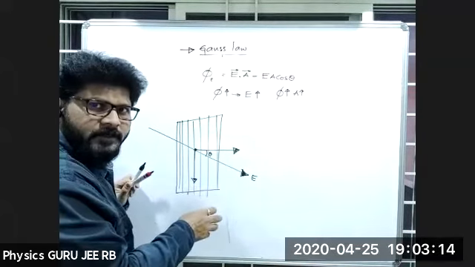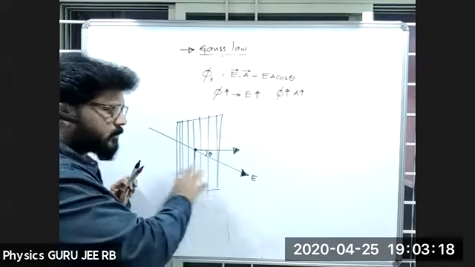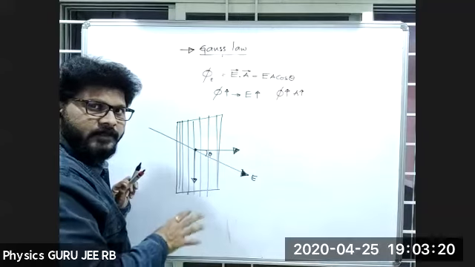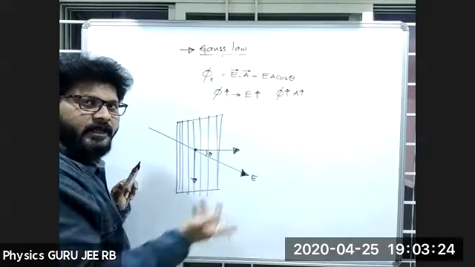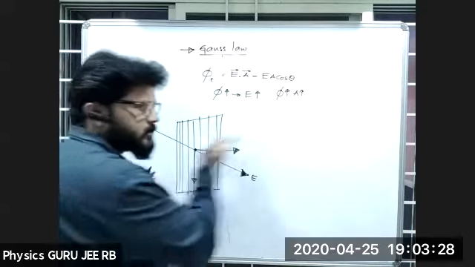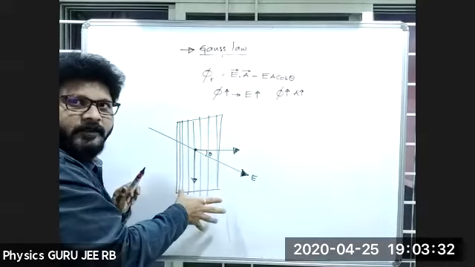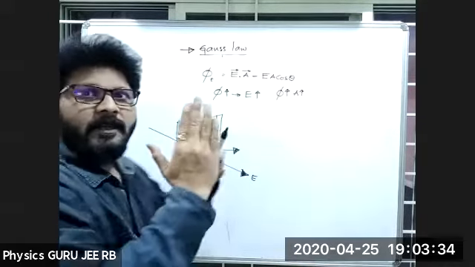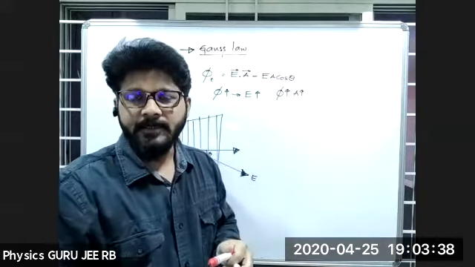Electric lines are not always perpendicular to the body. The electric lines may enter in any direction. This is straight, okay, but I am placing the body in a different direction. The body cannot always be straight to the parallel lines. If I bend it like this, the lines will be entering in a different direction, right?